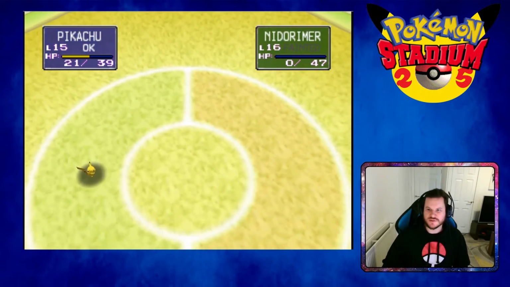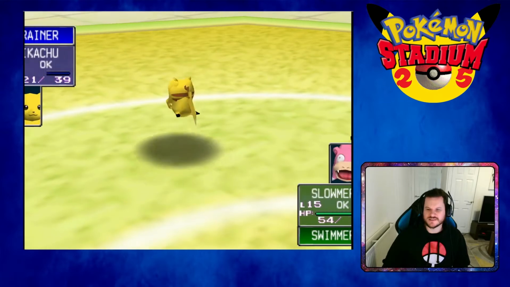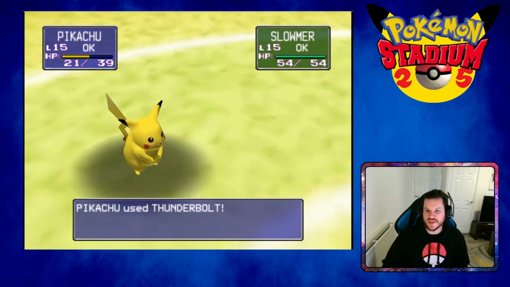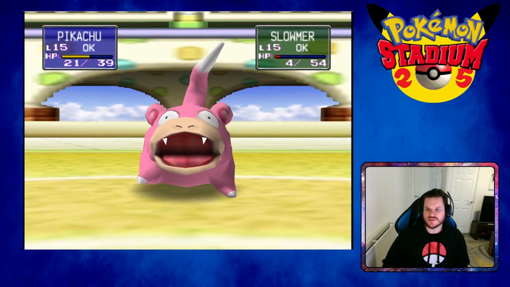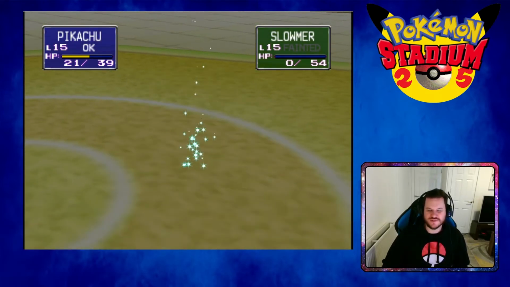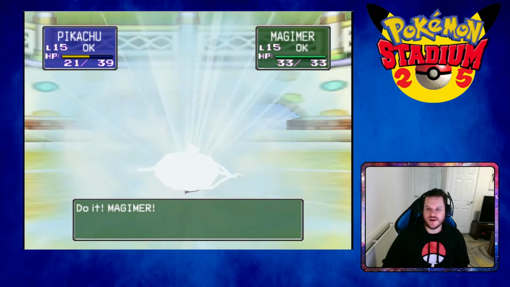So what's he going to use? Well, everything else is a water type, isn't it? Slowmer. I can't. Sometimes I just can't tell if they're shinies or not. So we'll just use a Thunderbolt. A Thunderbolt should take that Slowbro right. Slowpoke. Should take that. Yeah, taking that Slowpoke right out. Perfect. Flawless victory. This is like the lowest, the easiest tournament, so it's understandable why